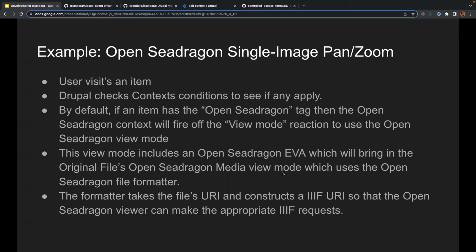So media also has an OpenSeadragon view. Again, we reuse OpenSeadragon quite a bit. Formatter. All this formatter does is take the file URI and construct a IIIF URI so that the OpenSeadragon viewer, which runs in JavaScript on the user's browser, knows to go talk to the server